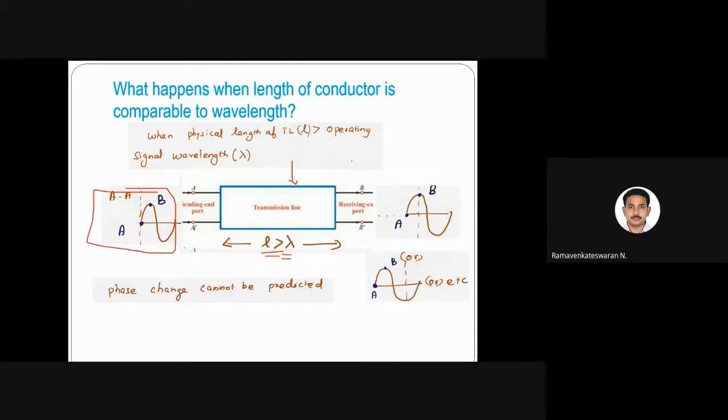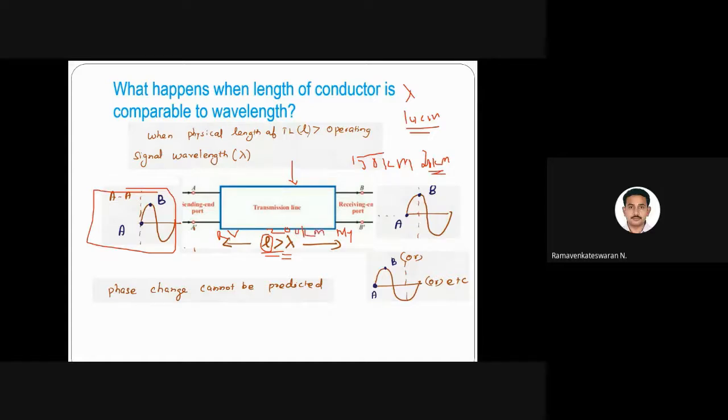If I want to lay the cable from RV College to Mysore, the distance is 150 kilometers, close to that, or 200 kilometers. Let us take 200 kilometers. If I lay a cable from here to there, and I choose 1 gigahertz, or if you choose 3 gigahertz, then only 10 centimeters is my wavelength. If it is 3 gigahertz, typically sometimes I'll use higher frequency. 1 gigahertz typically comes in the 1 meter range. But what happens to these 200 kilometers? The physical length from RV to Mysore is typically 200 kilometers.